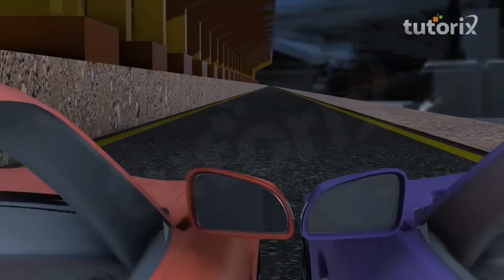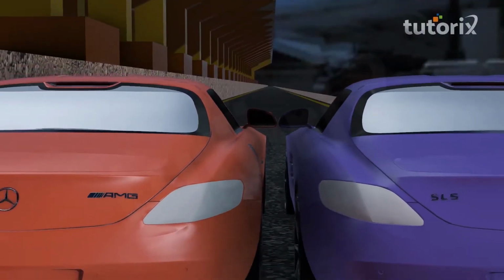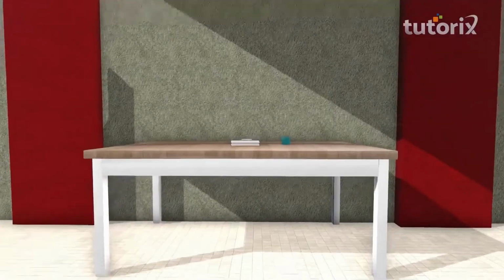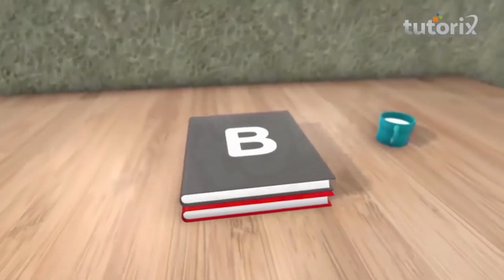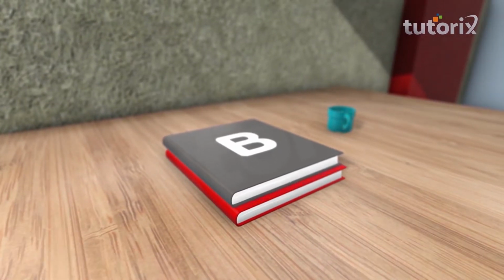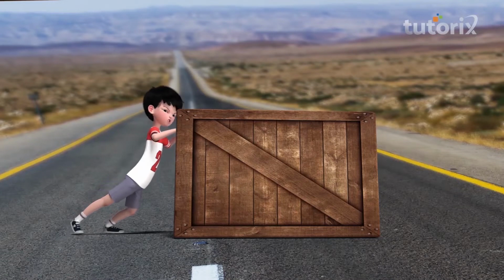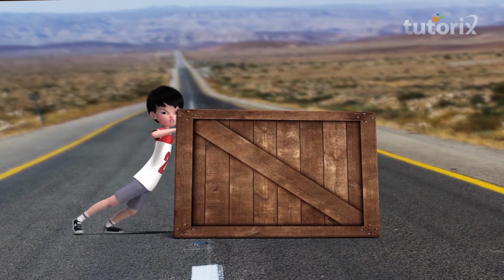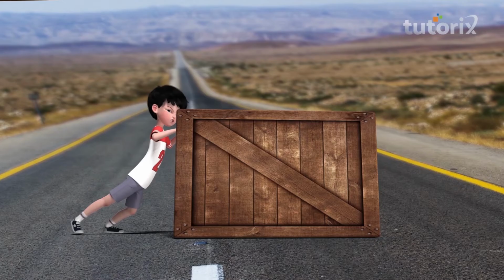So imagine that there are 2 cars going together on a highway at the same speed, and in this another example. Consider 2 books, book A and B. Now if I try to slide B on top of A on a rough road, you see in that case friction becomes so high that even after applying all your muscular force, the block barely moves. Similarly, before playing a game of carom,